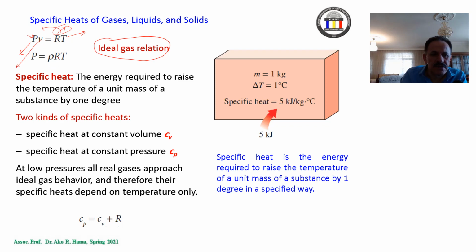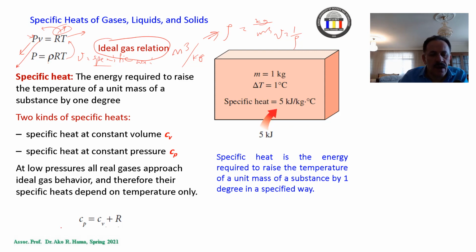Now you can see this will be the same equation, because v is the specific volume, meaning how many cubic meters per kilogram. Now we have rho, which is the density, how many kilograms we have in a cubic meter. So nu, the specific volume, is equal to 1 over rho. So it's the same as what we have here: P is equal to rho RT.